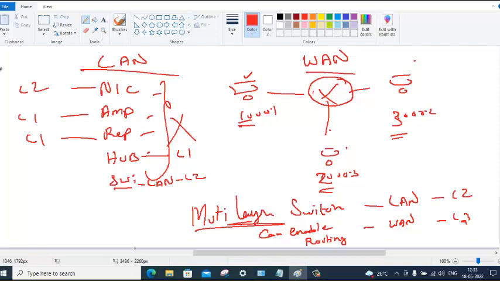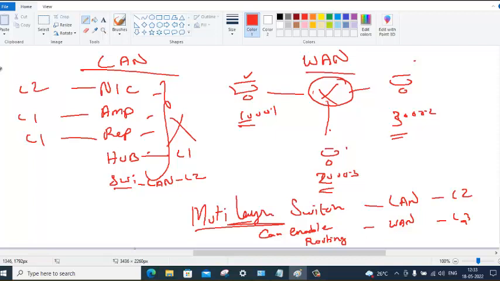So we have understood the difference between LAN and WAN. Local area network devices are the devices that are in the same network. It's not about being in the same building. Even in the same building you may have WAN. Connecting to more than one network, you need a router.